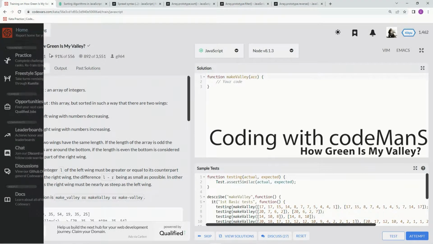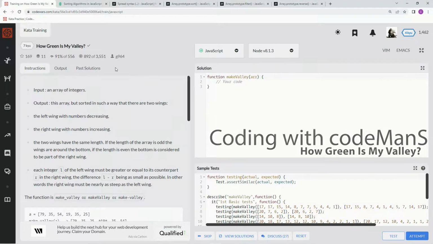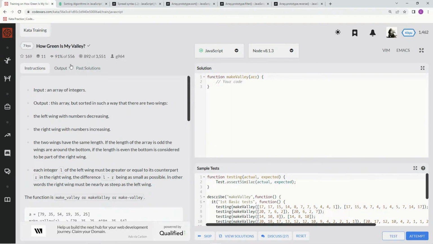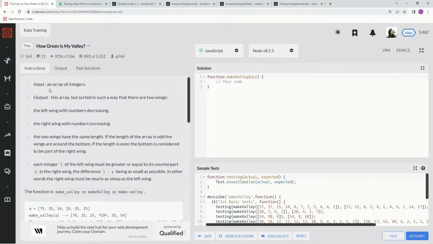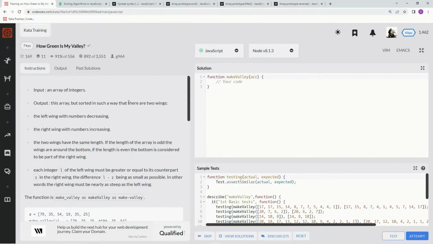All right, now we're doing 7Q, How Green is My Valley. This is by G964, and 91% of the people like it. What we're going to get is an array of integers. We're going to need to sort the array. Basically, we're going to get an array, and we're going to sort it in descending order, and then we're going